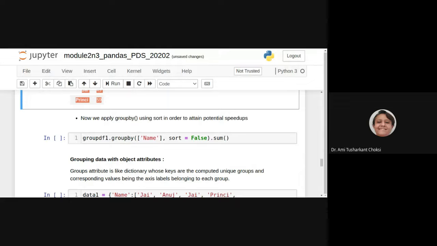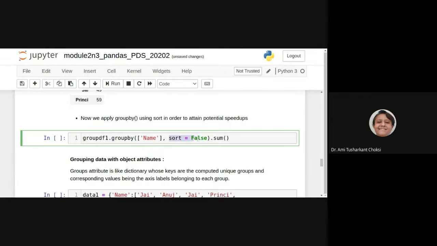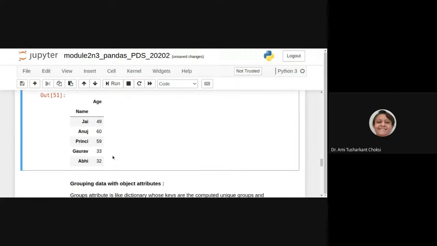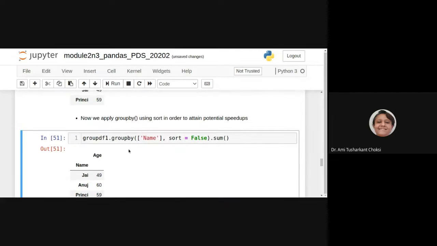Now, we apply group by using sort in order to attain potential speedups. So for that, what we do is group by name, comma, sort is equal to false, dot sum, right? So the output is same. The output is same, but the thing is, it will speed up the operation.